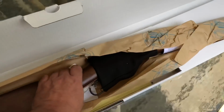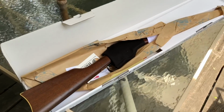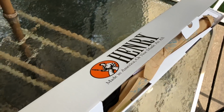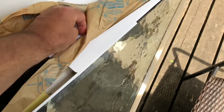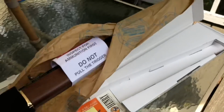And this is how she comes in the box. We're going to get into how beautifully made this gun is in a second, but it's kind of funny. You can never judge a book by its cover. This is probably the most minimalist box I've ever seen. There's not a lot going on here. It's a well-wrapped firearm, and